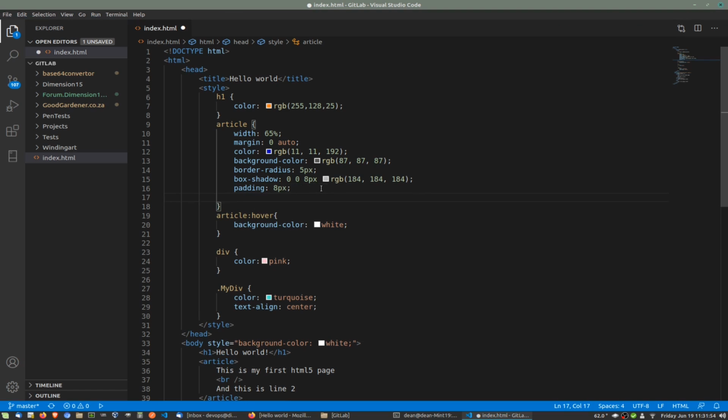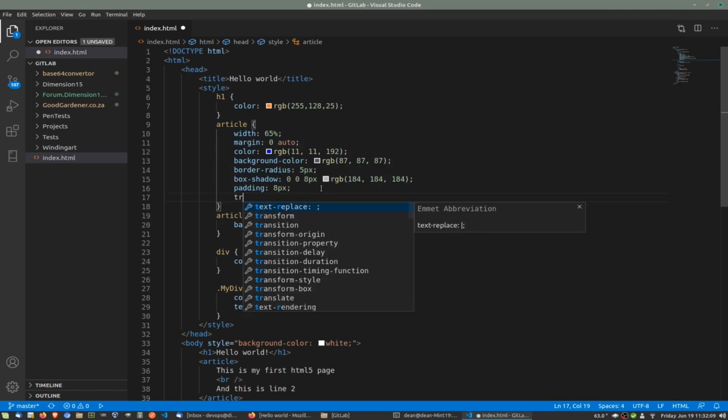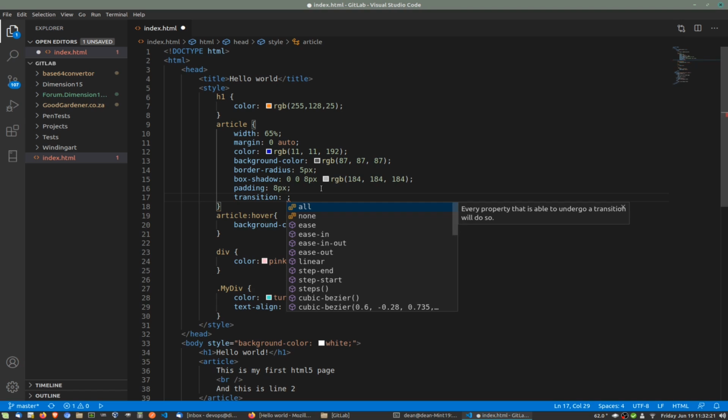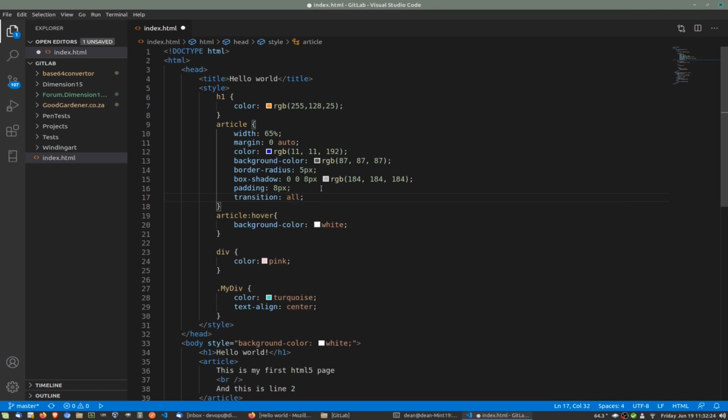For that we have something called transition. So on article, we say that anytime any of our tags change, it transitions from one setting to another. So we say transition. Now we can specify what, like background color. Oops, transition, I don't know how to spell properly. But if you just say all, this is the easiest to start with. You can say transition everything over a period of, let's say, 0.3 seconds, and if we save that,